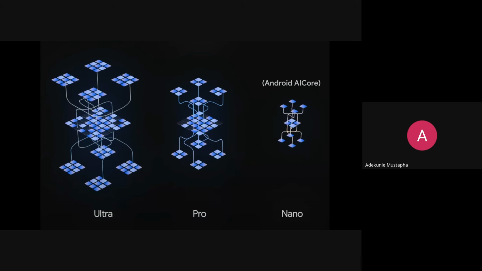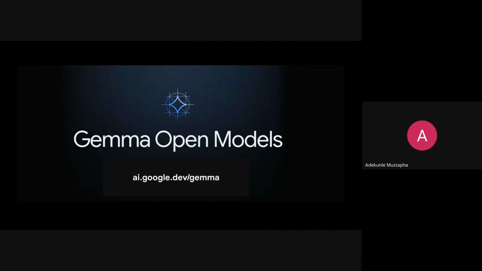And we have the Nano, which is the most efficient model, because this is really built for on-device tasks like your Android AI Core. They integrate the Nano model, and it typically learns from your usage of your phone. That's why it is the most efficient, because it is for edge usage of Gemini. So they are on devices that we carry around. And the Gemma model is also built off Gemini, and it's one of the best models.